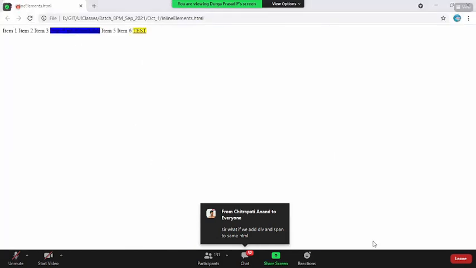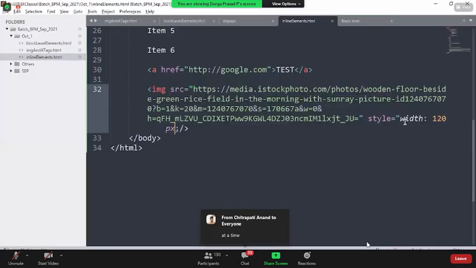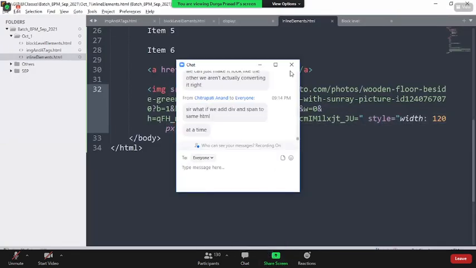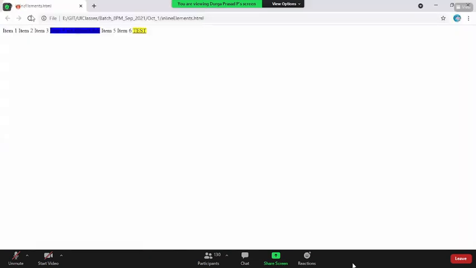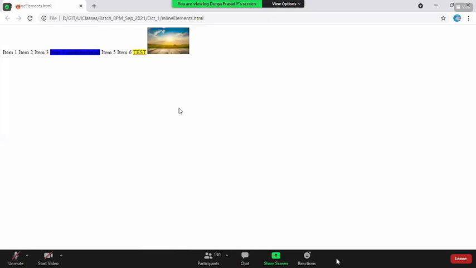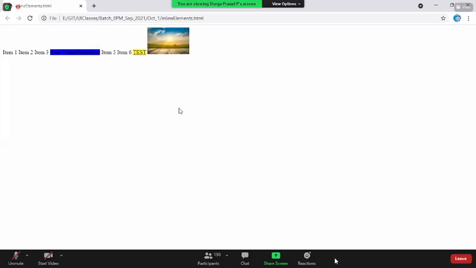There's no closing brace for the width. Okay, so now if you reload the page, could I control it? This is where the confusion comes. You said the image is rendering inline, within the same line, not occupying 100% width. Now on top of that, I could control it. So there is a different category, which is both inline and block.